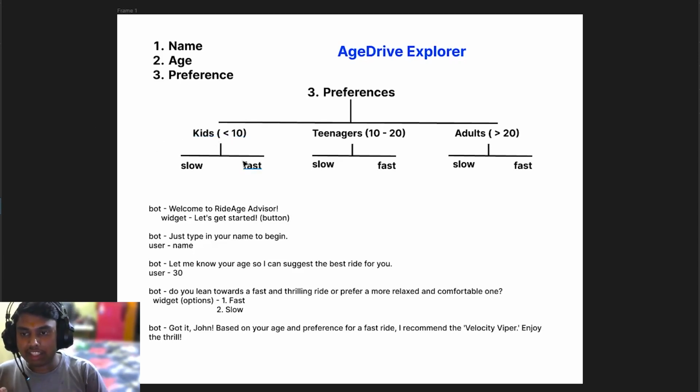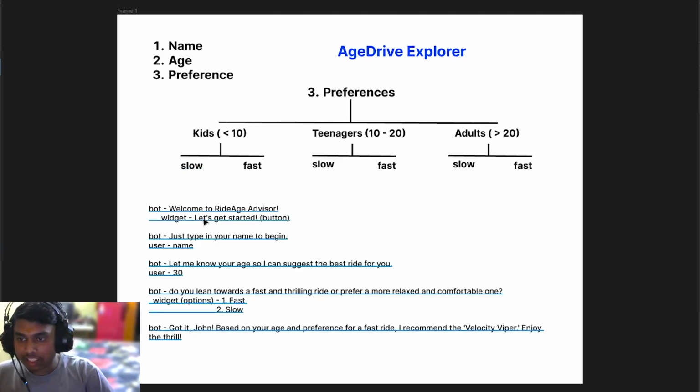If it is less than 10, then we provide slow or fast, the preference of the kid, whether they want the vehicle slow or fast. Either they will select slow or fast. Then we pass the URL and the link of that product and display it here. So this is all about this project.